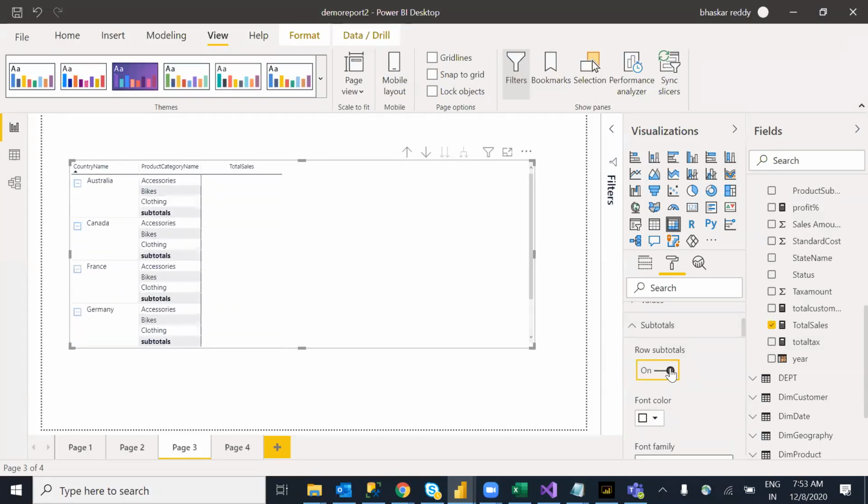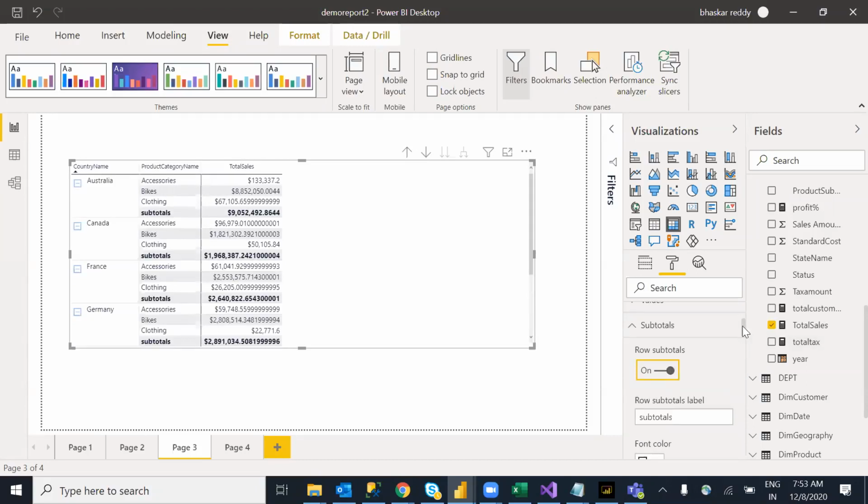I want the row subtotals. Then we have column level totals, which is nothing but the grand total, somewhere in the properties.